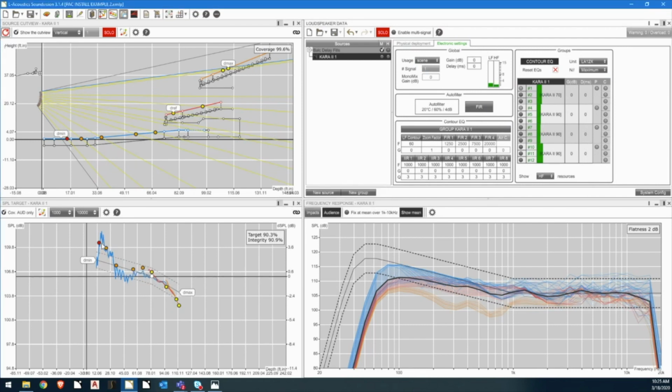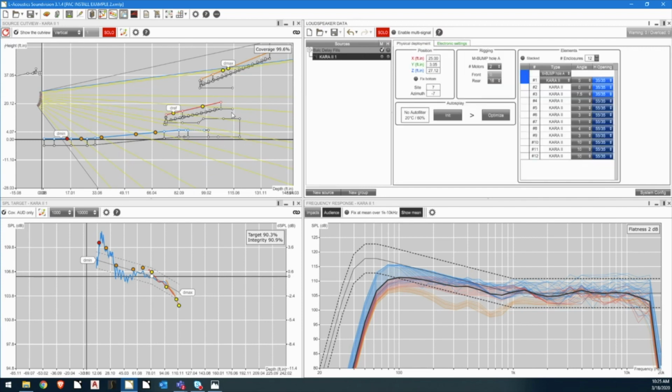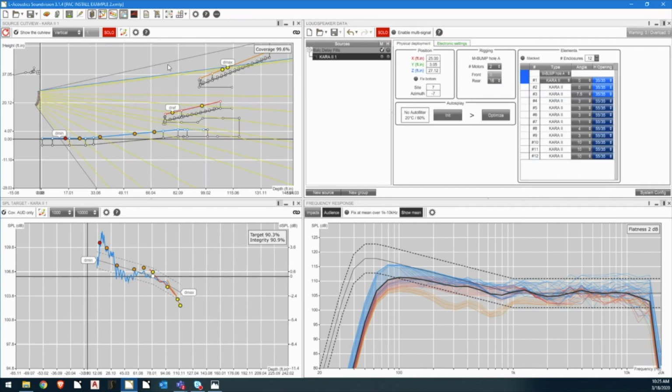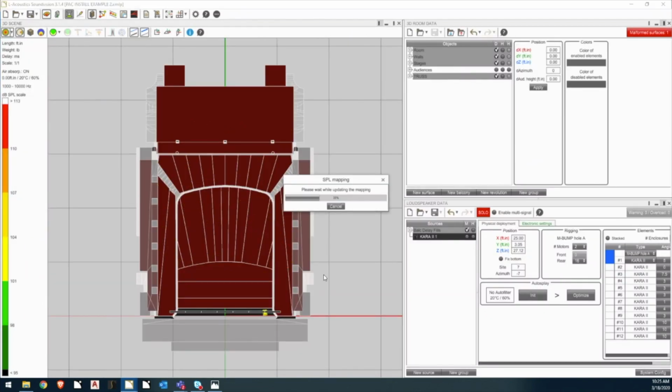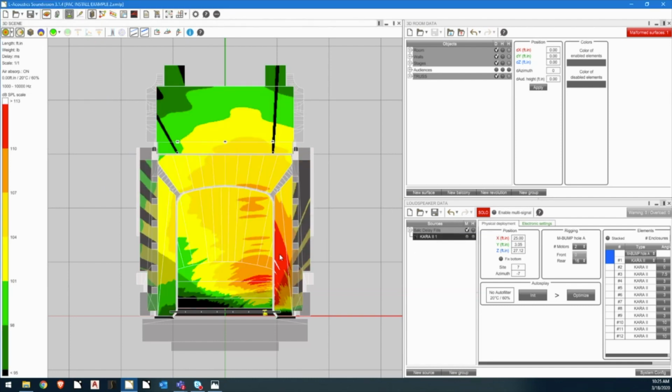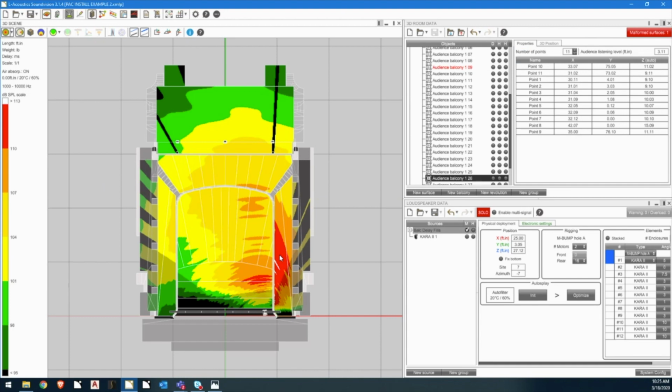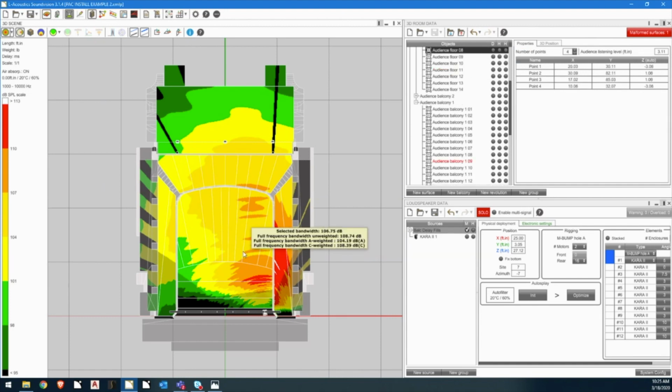Great. So now we got a couple spots since we went a little closer. It's getting a little hot down here. We maybe deal with something like that. We still have a pretty good flatness score. So if we go back and just map that one array again, just see what it looks like on its own. Pretty good. Now these people sitting so close might have to just deal with it being a little bit louder,